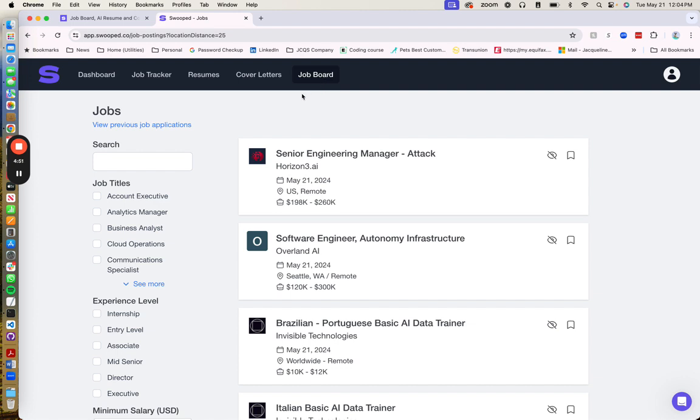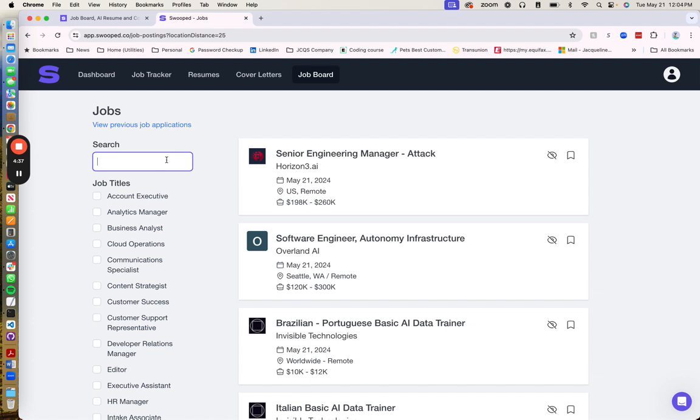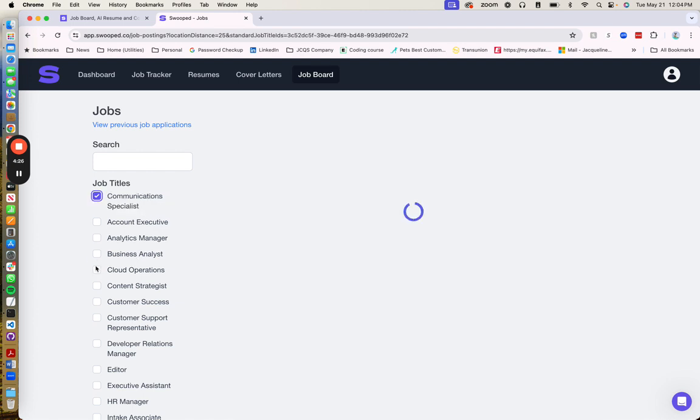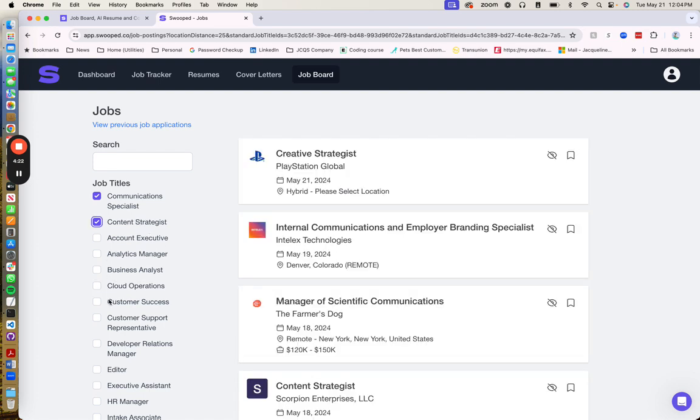It's pretty easy if you've used other filters, either from shopping online or from using LinkedIn or other platforms that have any sort of filtering. This is pretty straightforward. You can search it, or you can also select from the job titles on the left side navigation. So I'm going to select Cloud Specialist, Content, and